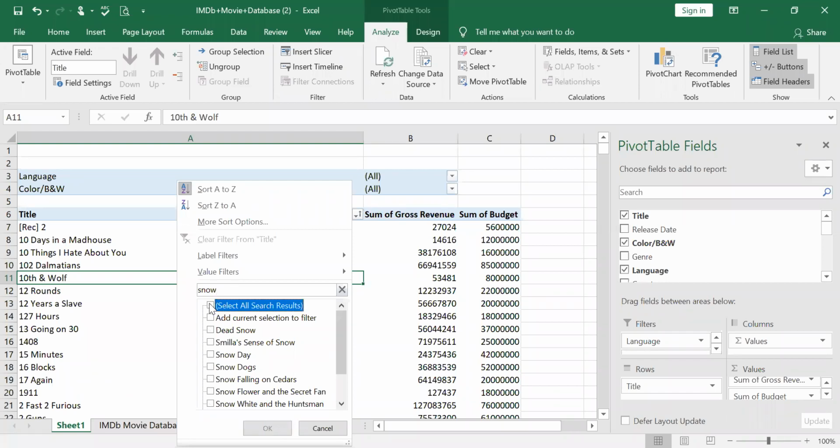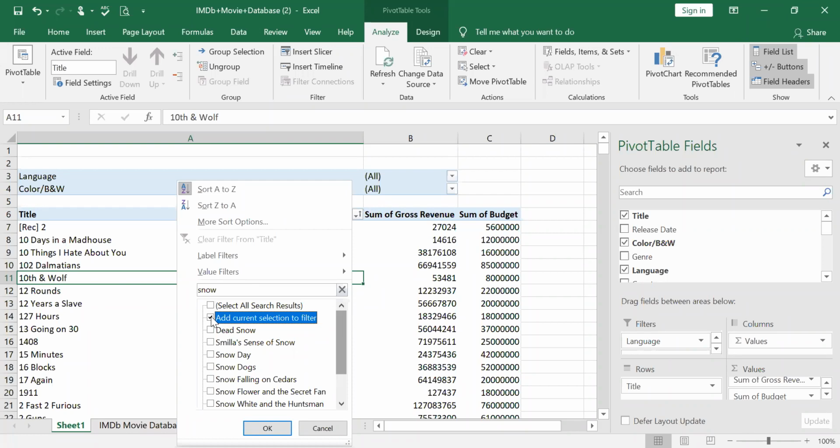And if I say I want all items snow, right? So I just give select deselect all. I want only snow items to be here, right? So only snow items to show on that pivot table. There is one column called add current selection to filter.